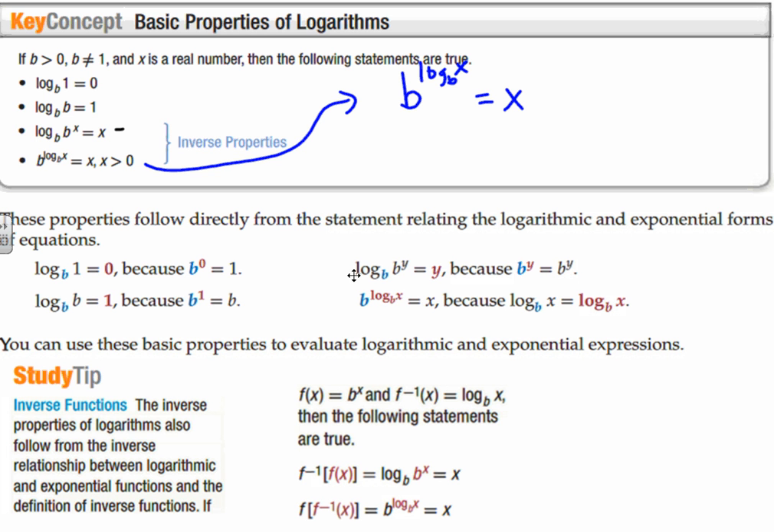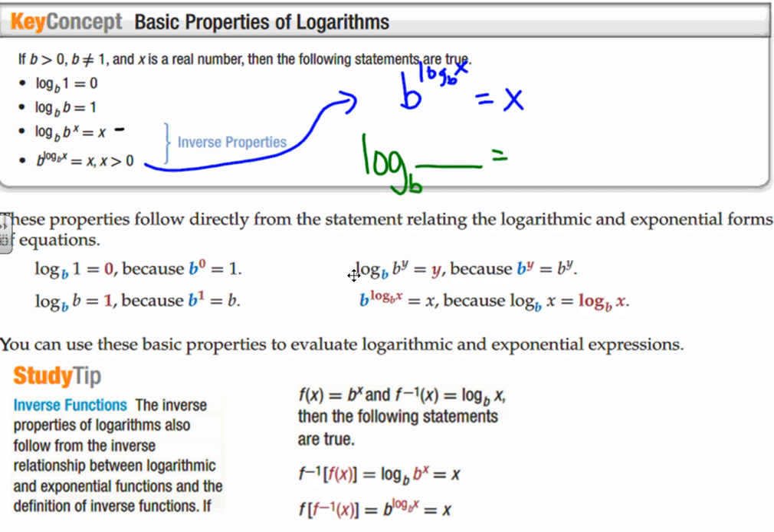If I were going to write this, this is an exponential form. Do you agree? So it's a number raised to a power equals the answer, right? So the base raised to the exponent equals the answer. So if I change this to logarithmic form, it's the log. Which one of those is the base? B, right? The log base B of the answer equals,